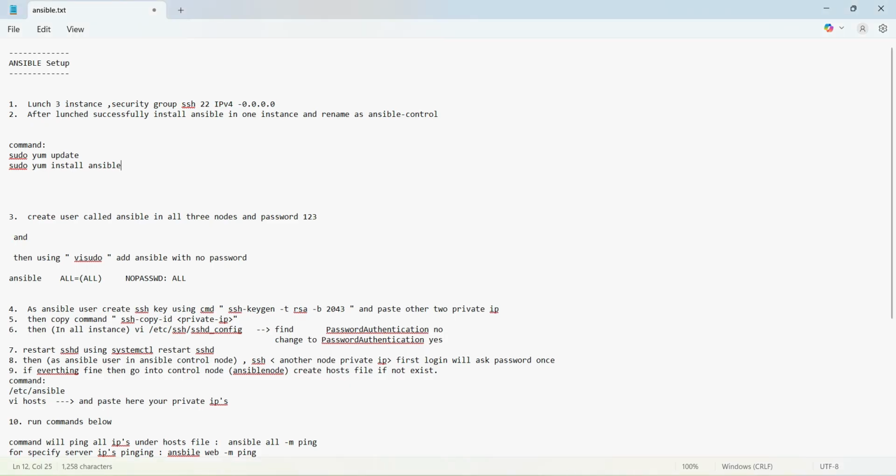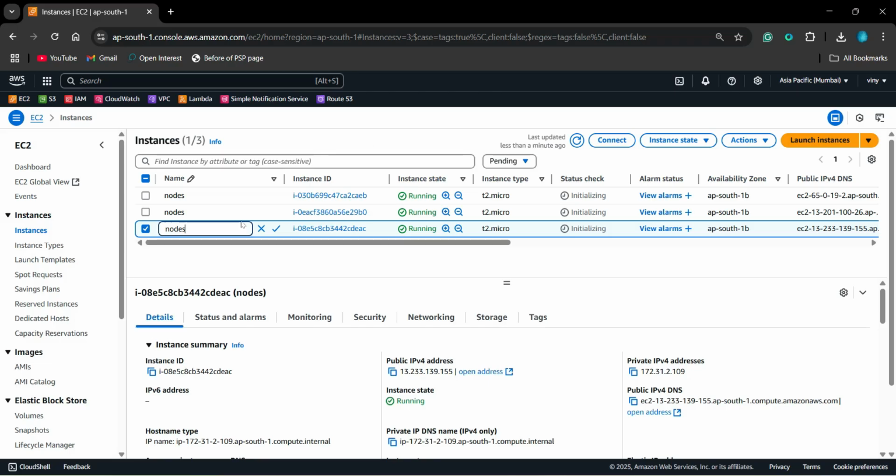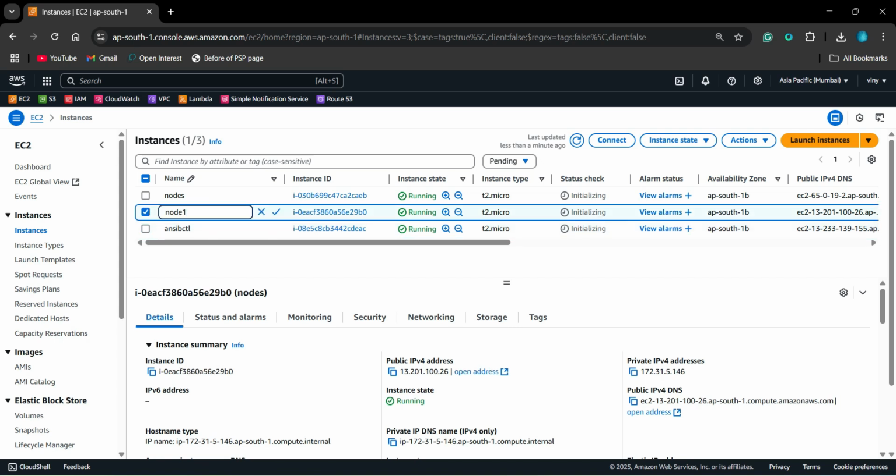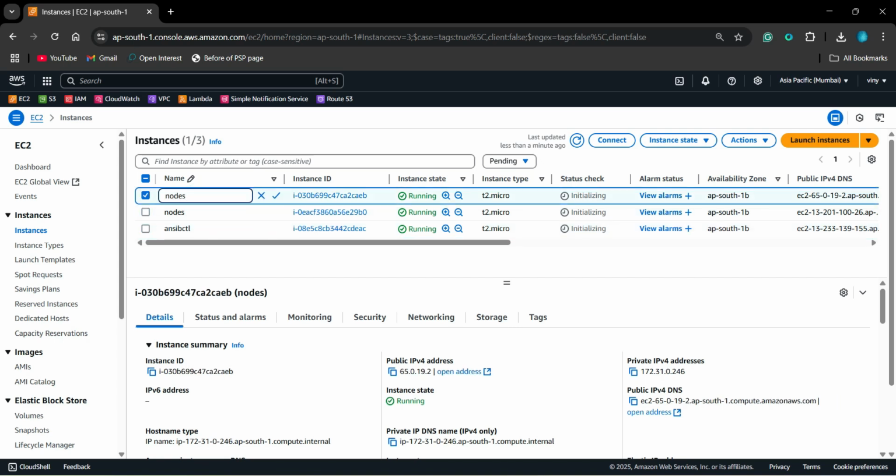After launching successfully, install Ansible in one instance and rename it as Ansible control. So first of all, we are just changing the name, Ansible control, node 1, node 2.